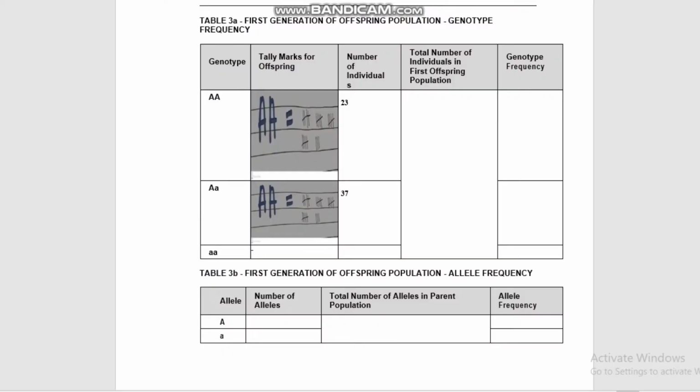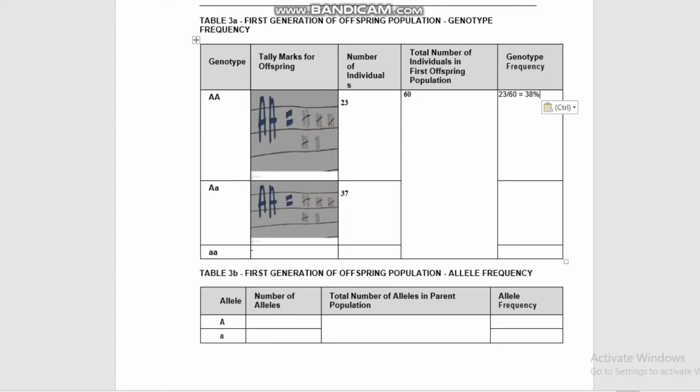So after I do the tally mark for offspring, I will calculate the number of individual. So the number of individual for homozygous dominant is 23. For the heterozygous is 37. So the total number of individual is 60, and the genotype frequency is